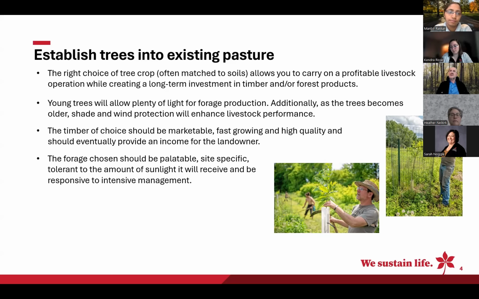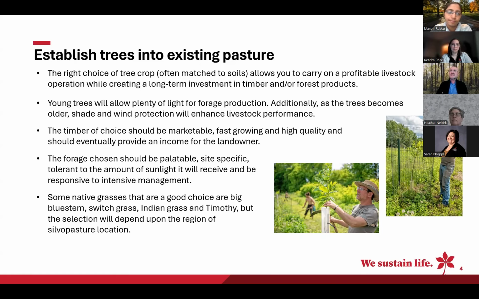The forage chosen certainly should be palatable and site specific, and importantly, thinking in the long term, right, that it is tolerant to